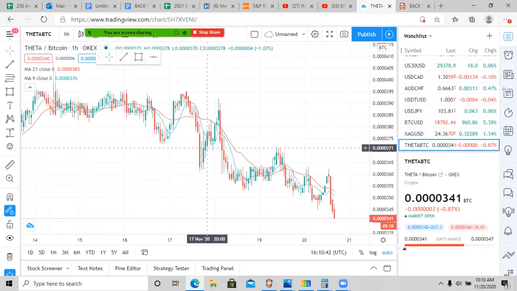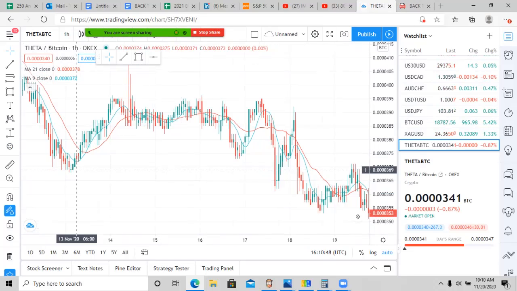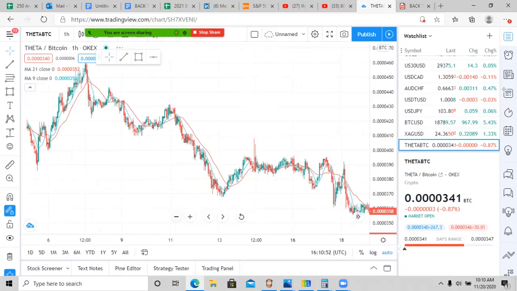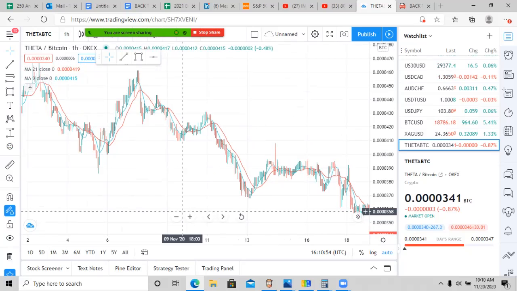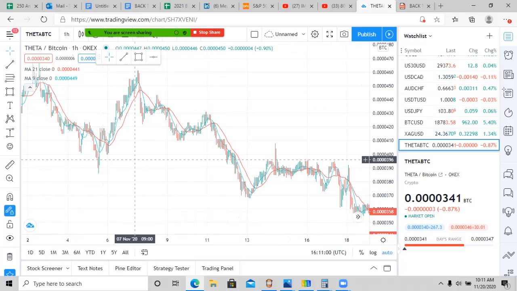So I'm on the hour chart. Always find your zones on your larger time frames, as we discussed in the last one. What you can do is minimize this, get it small. What you're looking for is a concentration of levels. So if we look at it right here,